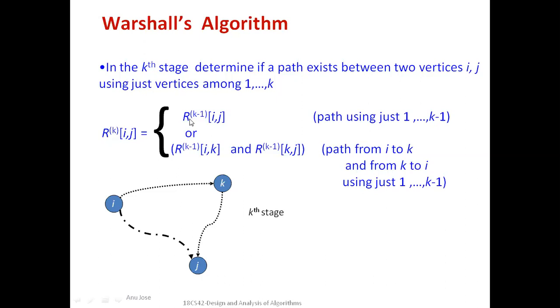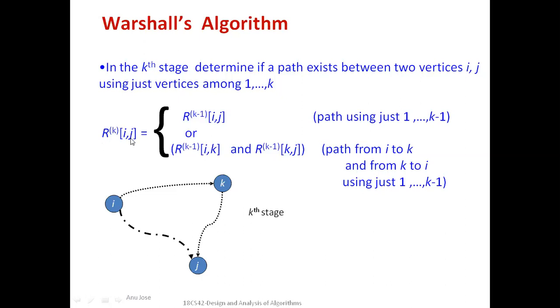So a few values, whatever was existing in R2 of Ij, we will keep as they are, and a few we will check based on whether there is a path existing in the previous stage from I to k and from k to j. In the previous step, if you find a path existing between I to k and k to j, then you will do the AND operation over there, and that will be updating